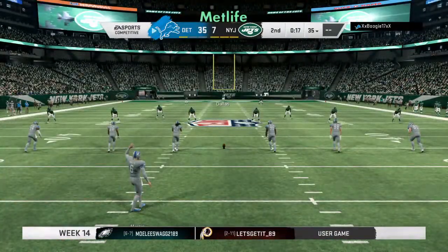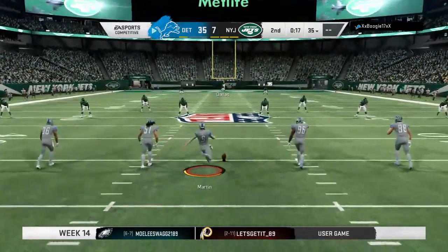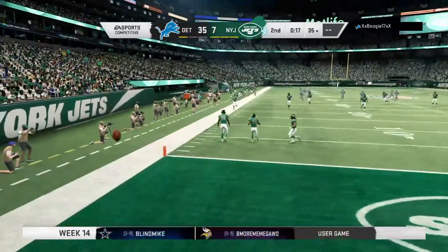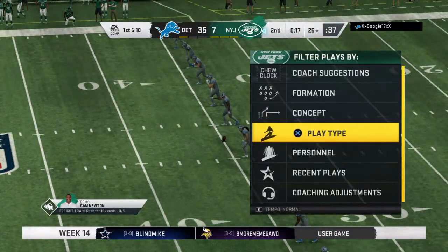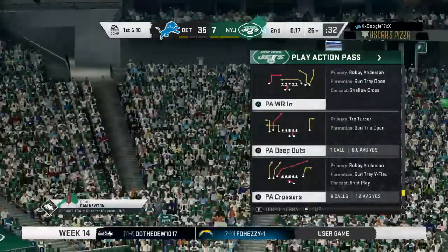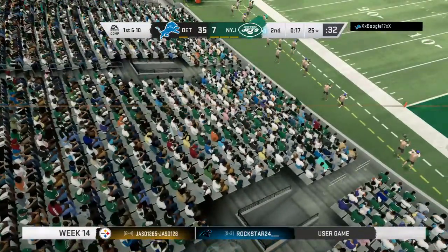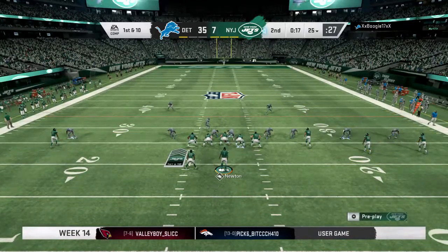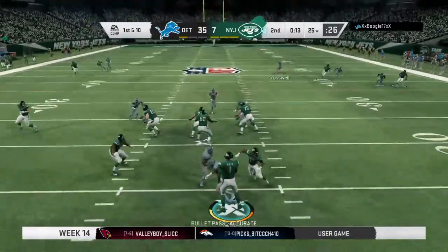Sam Martin to kick off for Detroit. So they'll get another shot on offense following that pick six, and now the kick is away. The Jets take over first and 10 at their own 25-yard line. The New York offense taking over for their next possession. We're under 20 seconds to go in the half. I'm guessing the wise play here is be safe. That is the wise play because if you...